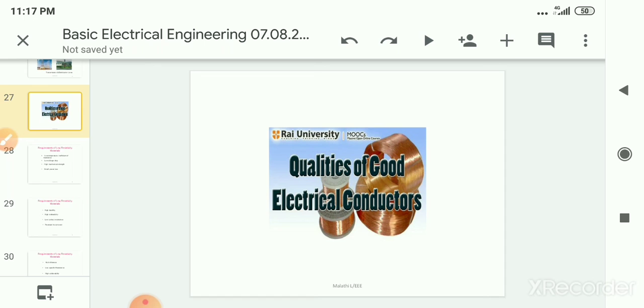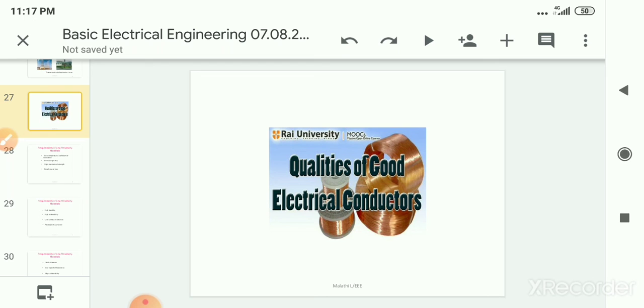Overall, we have observed so many types of material. In conducting materials, if we study them, they have electrical, mechanical and economical properties. Pure conducting materials do not satisfy our requirements, so we give some heat treatment, that is, hardening and annealing methods. Next, the classification of conducting materials: low resistivity materials and high resistivity materials. Low resistivity materials, as we just studied, are used for wiring and windings.